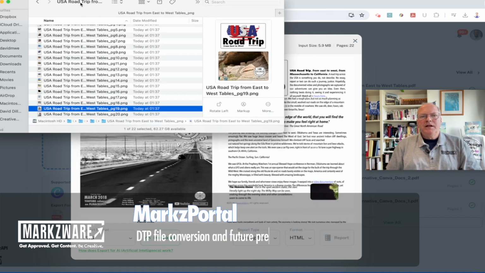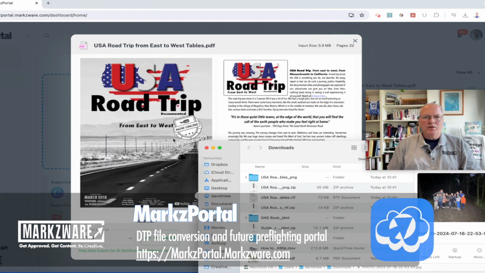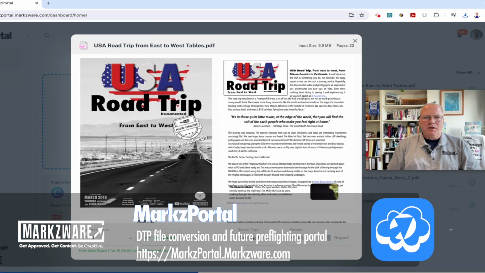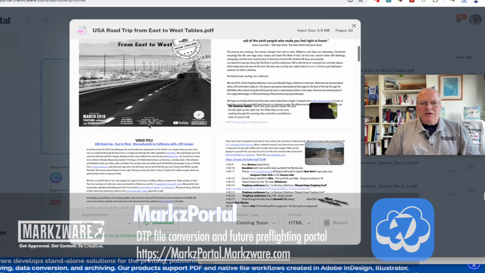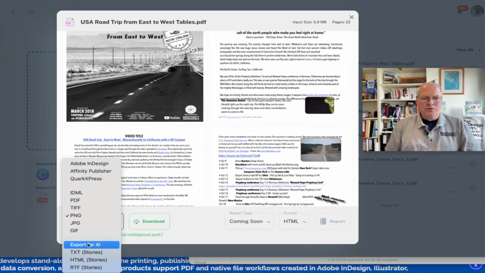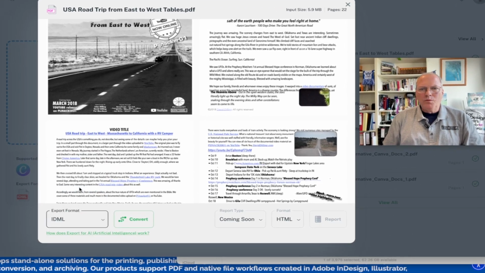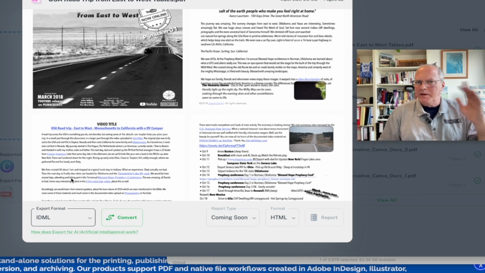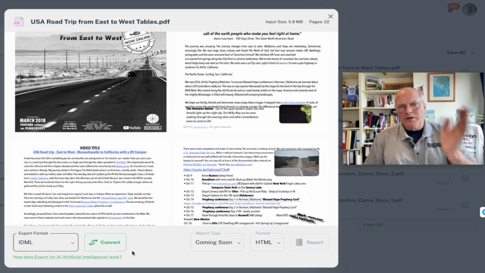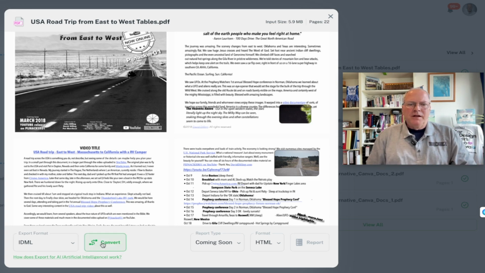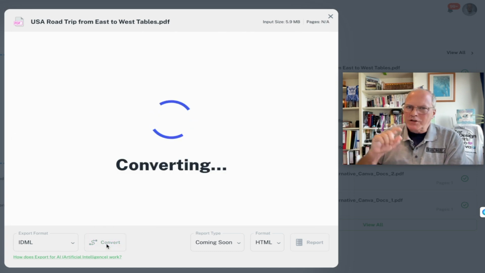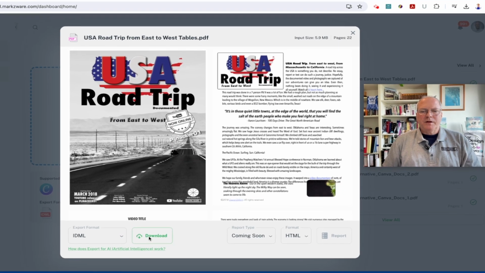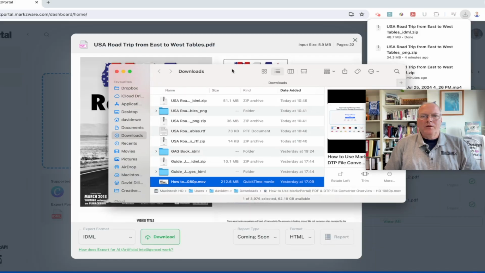Now, what if you just need the images used in the document? So, all the individual images like the Now Online logo or the individual photographs, the pictures. If you need those, you just go down here and you choose IDML. You will not need the IDML. You can throw that away afterwards if need be. As you know, this is how you convert a complete document to InDesign or Affinity Publisher, QuarkXPress, wherever it might be. Now we just click Convert after choosing IDML, and this will also extract all of the images at resolution used in this PDF. Now, same process, click Download, go into your Downloads folder,